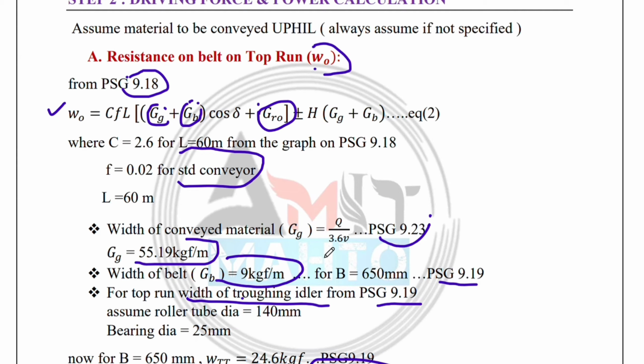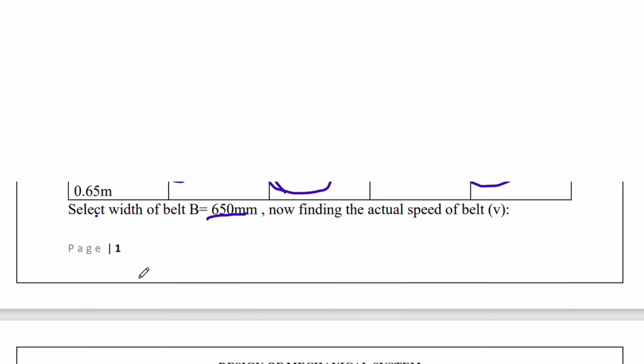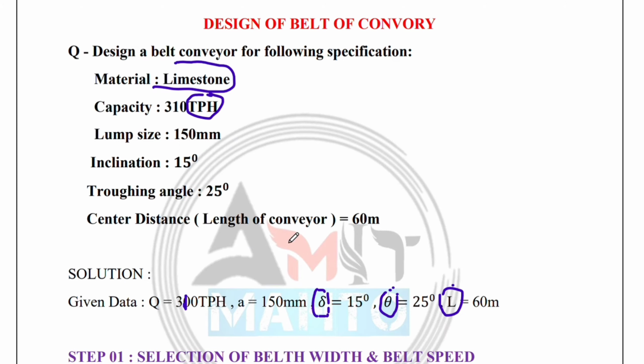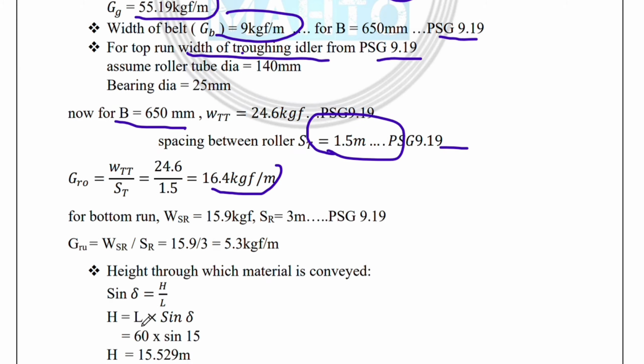Now what is H? H is the height through which material is conveyed. So for that, formula is sine delta is equal to H by L. So H is equal to L into sine delta. L we have got in the question, which is length of conveyor 60 meter, and delta also given, inclination angle, which is 15 degree. Okay, put the values here, L 60 and delta 15 degree. So we get the value of H, which is 15.529. Okay, then